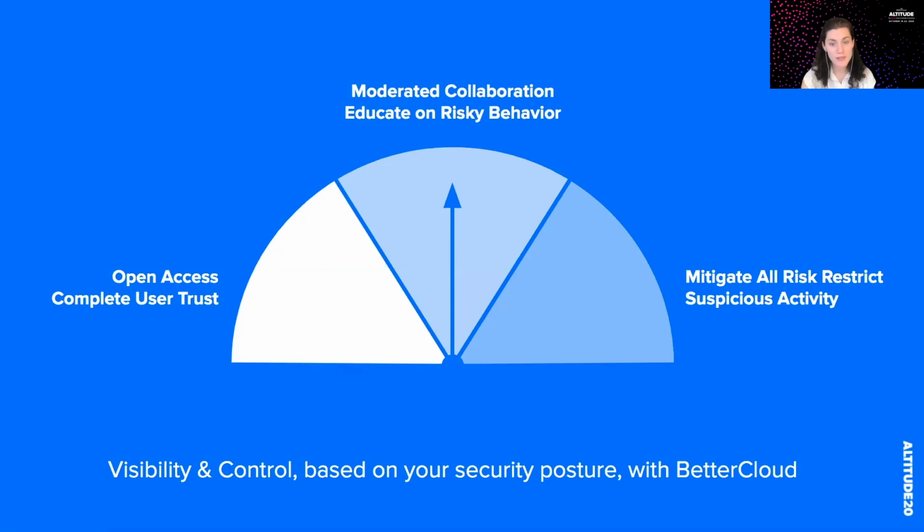The middle ground allows what we call moderated collaboration. These companies focus on educating end users on how to behave, monitoring for missteps, and guiding end users on how to right their wrongs. To establish where your organization falls on the spectrum, you might ask yourself, how vulnerable is